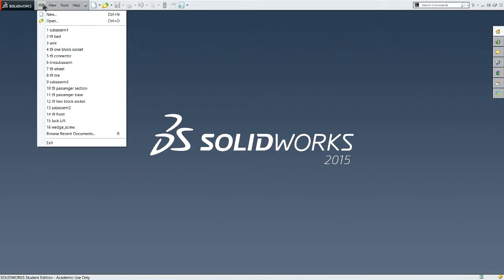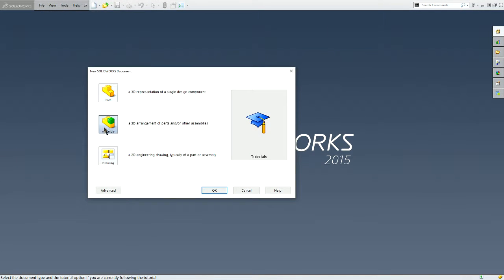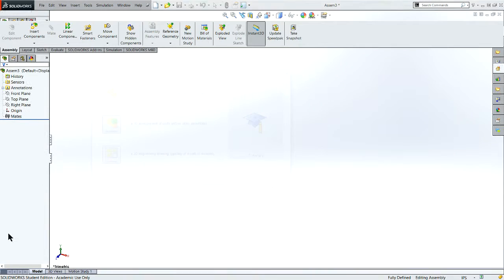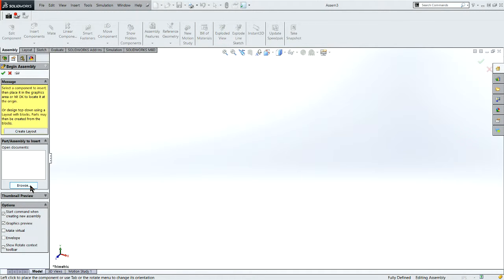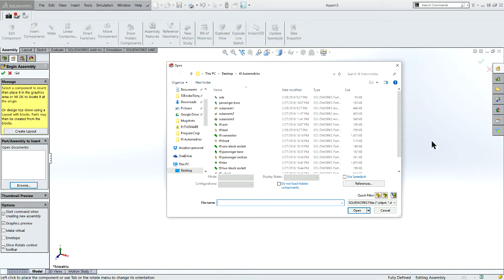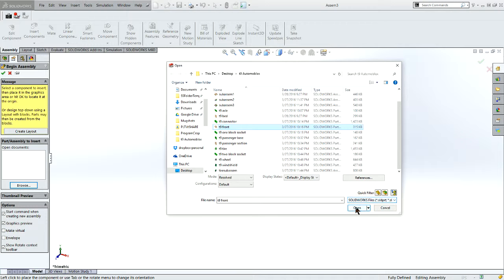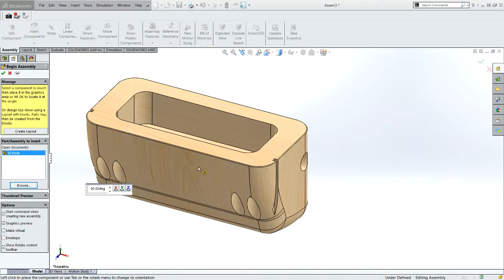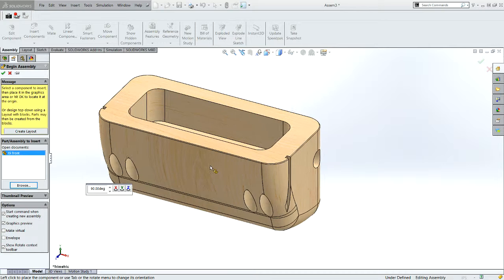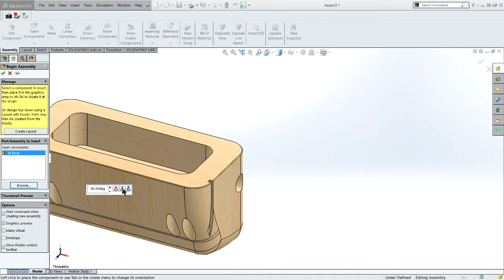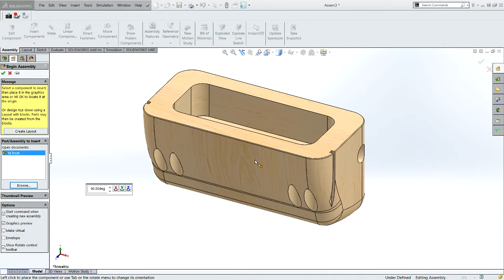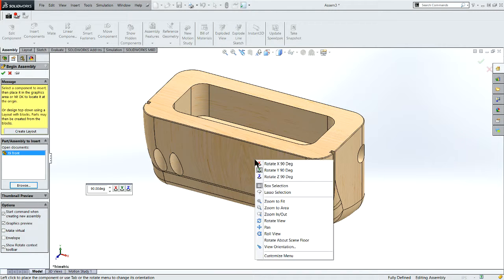So I'll start this out with File, New, Assembly. The base part that I'm going to make the fixed part in my assembly is going to be the T9 front. So I'll click on the T9 front, open. You'll notice that it orients into my model. Now I can use the floating toolbar to reorient the direction. The other way I can do that is I can right click and I get those same commands, X, Y,